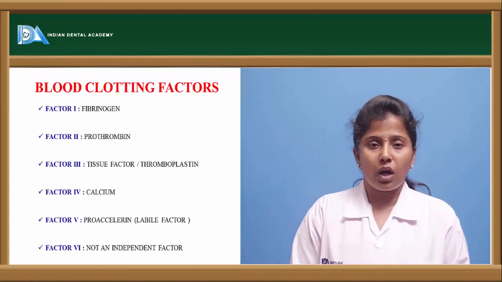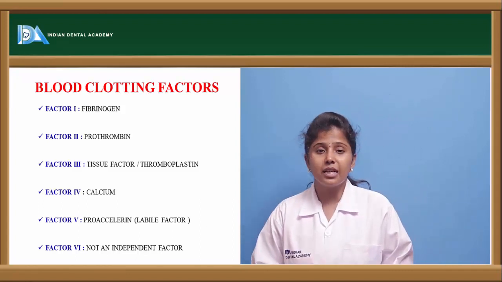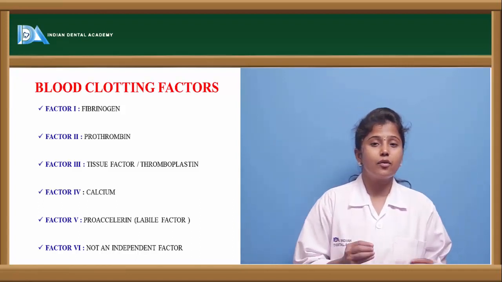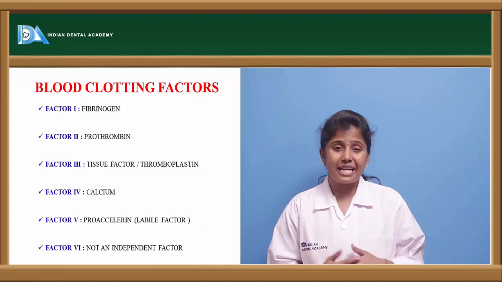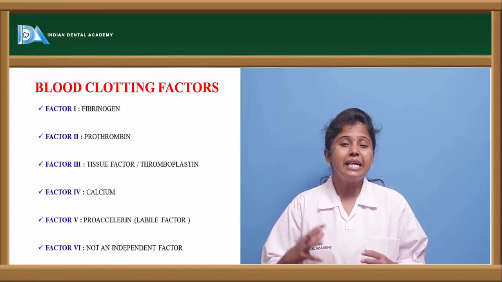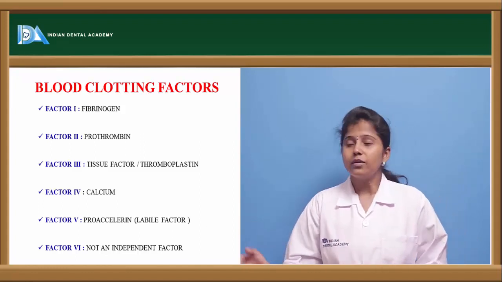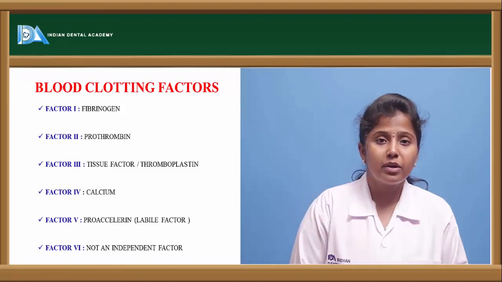For a blood clot to form, there are various factors. There are 13 factors which aid in the formation of a clot. If we see the clot mechanism, or the clot cascade pathway, all these 13 factors aid in clot formation. The factors involved are factor 1, which is also called fibrinogen,